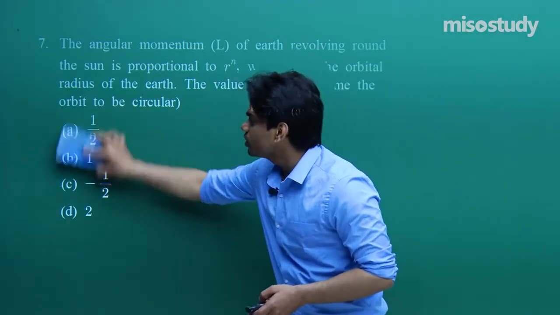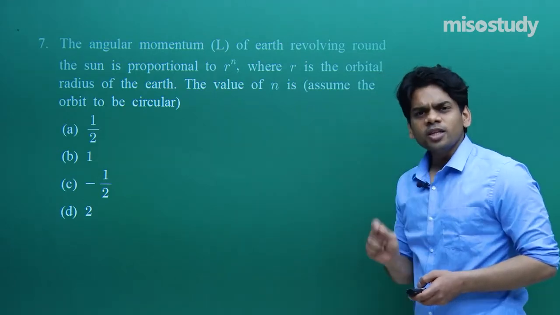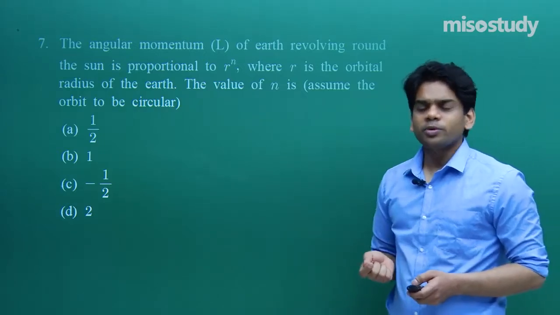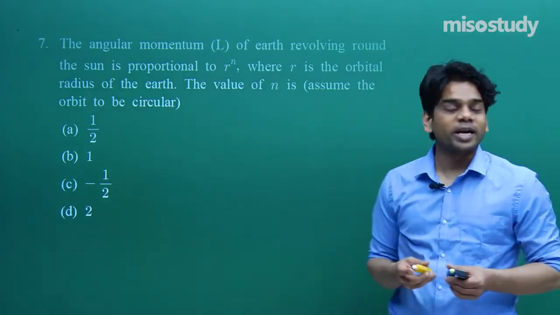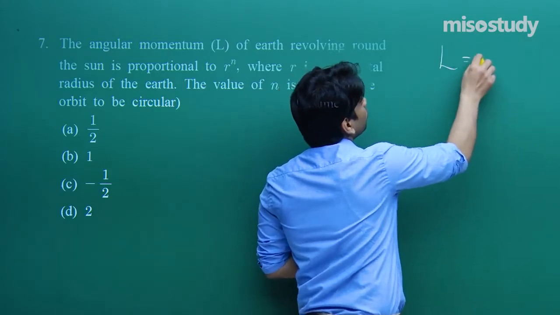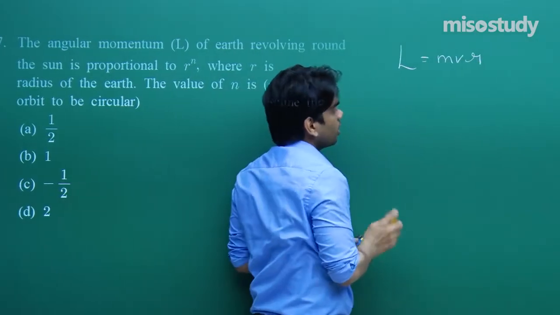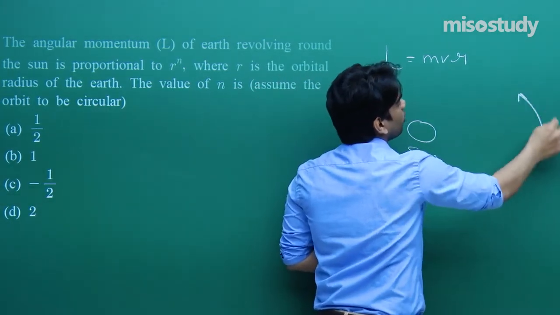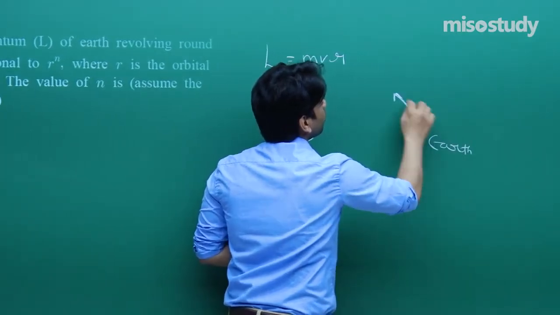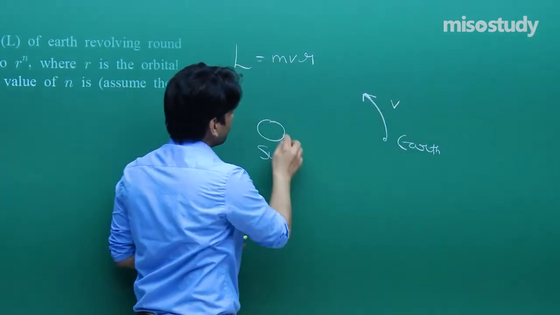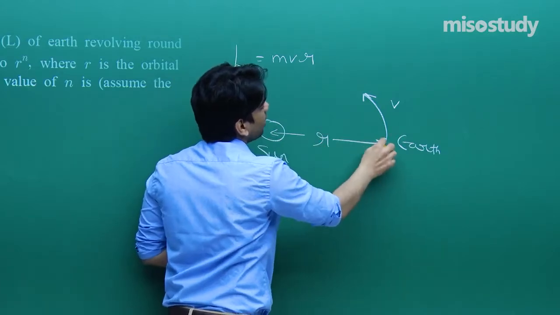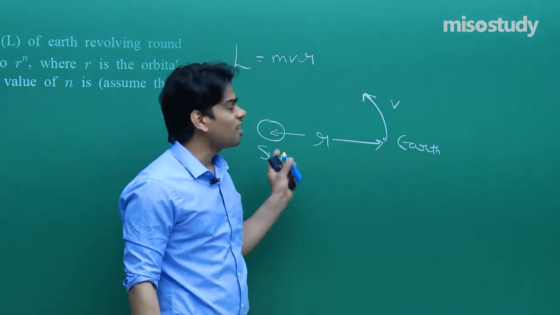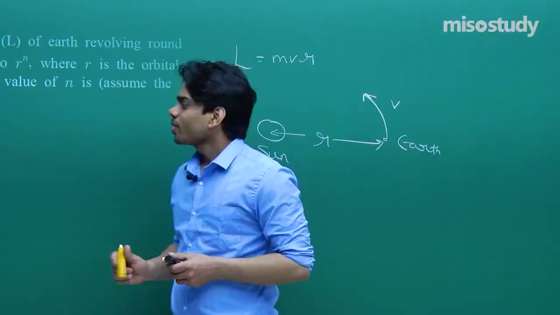Okay. In this question, we have to talk about the angular momentum of the Earth. We all know what angular momentum is. Angular momentum is just L equals m v r. So I am writing the formula for angular momentum, L equals m v r. Now see, say this is the Sun and this is the Earth, revolving all around the Sun. So we require its speed. If its speed is v and its distance from the center of the Sun is r, then if we multiply the mass of Earth with its speed and with the distance r, we will get L.